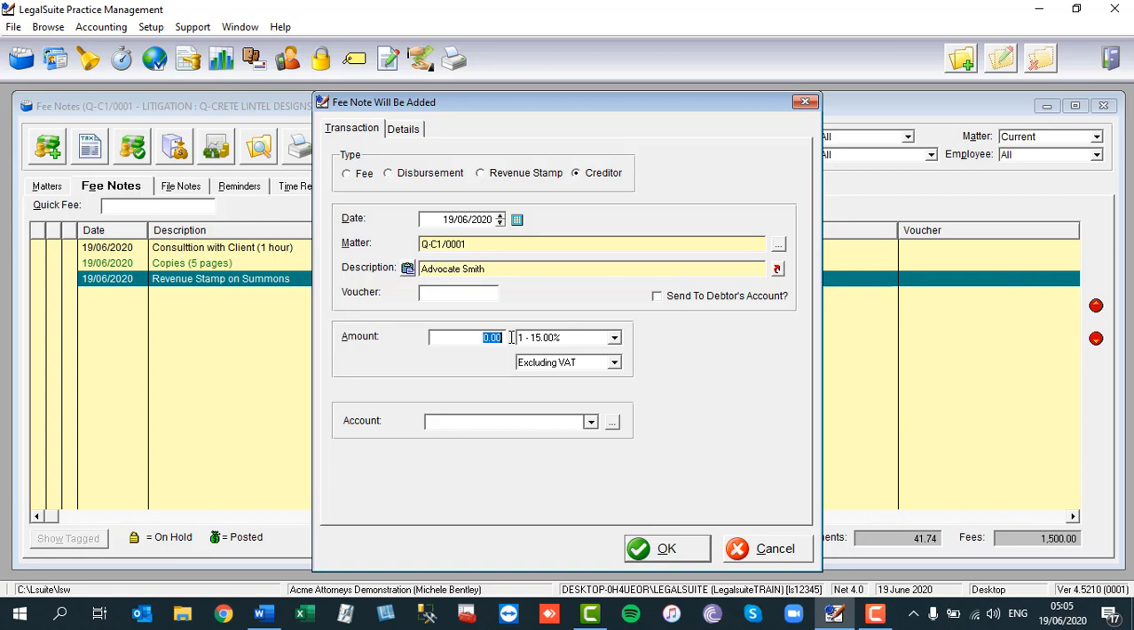So let's say we received a 5,000 Rand account from Advocate Smith. VAT was at 15% and it is included in the amount. Now for this, you will need to tell the program which account it is going to. Okay, now I don't have a lot of creditors set up, so I'm going to use my general creditor entry. I'm going to say OK,